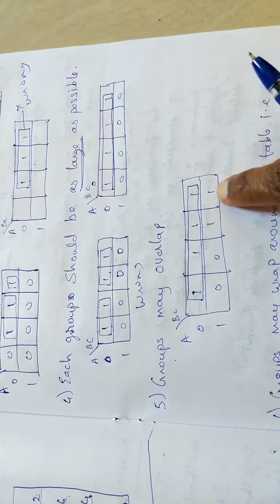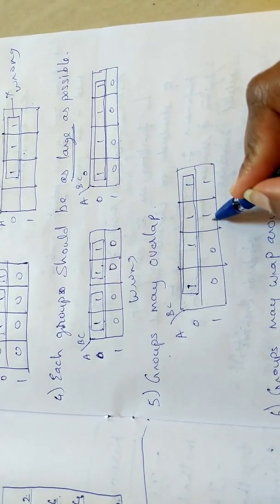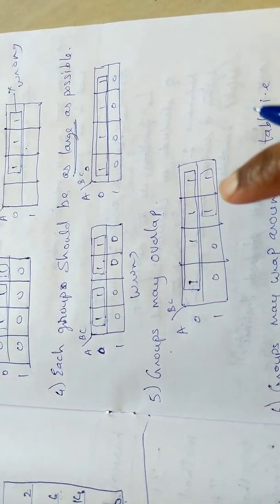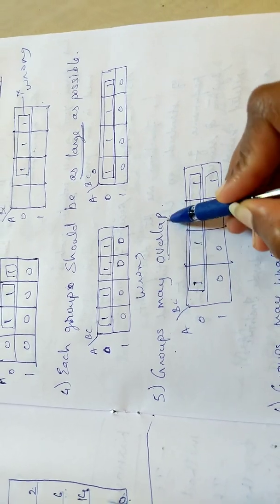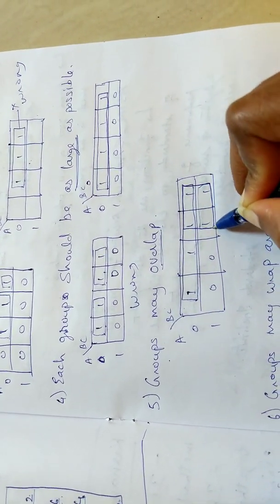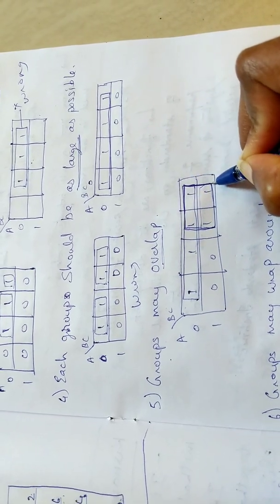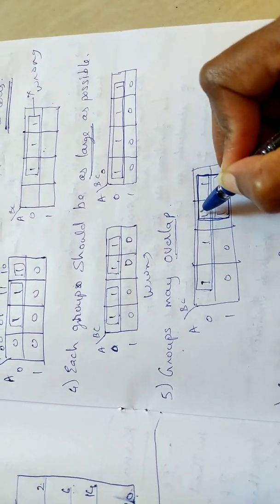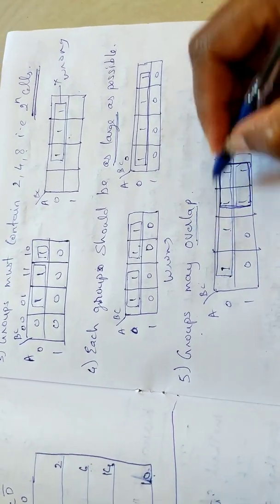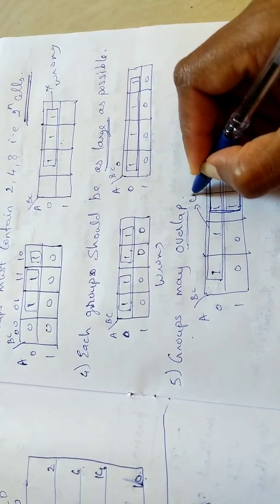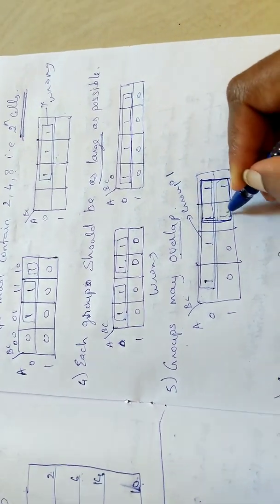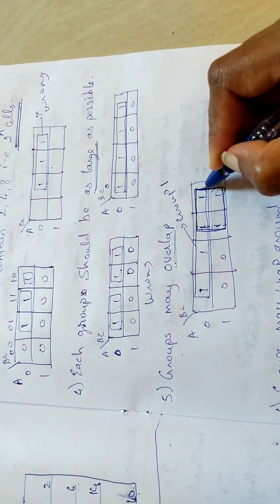Here I have again one more 2. Instead of making this one more 2 separately like this, I can overlap. Overlap means this can be overlapped. Can you see the overlap here? I'm making an overlap here, meaning I'm overlapping the previous group with this newly made group. So this is my group 1. With that group 1, I have a 1 which can be combined over here, and this I'm overlapping.